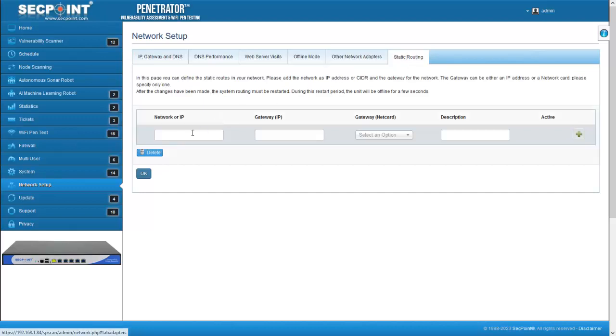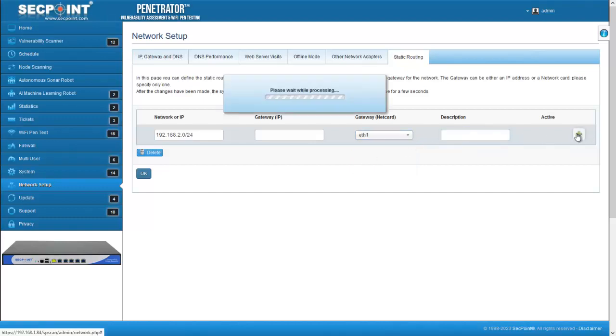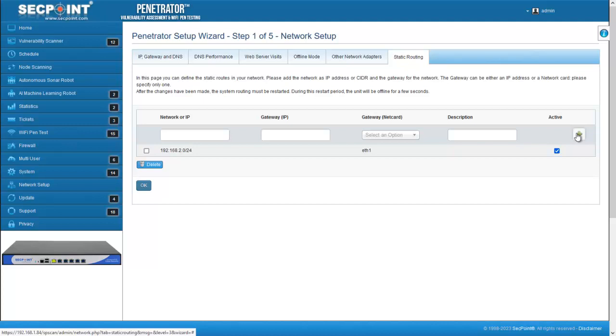one, you should enter the target network or IP address and then the gateway. The gateway can either be an IP address or a network card among the cards that are available on the Penetrator, with the exception of ETH0, which is the default network card. Enter the gateway, a description if you want, and then press plus. When you create or delete a static routing, this has immediate effect on the system and can influence both schedules